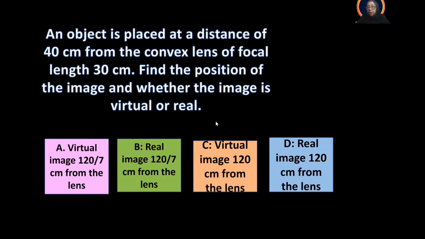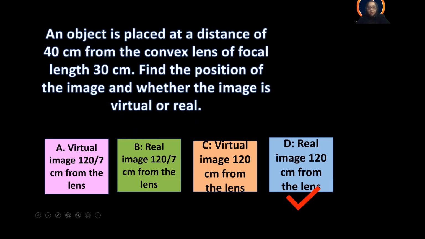What type of image is formed when the object distance is 40 centimeter and the focal length is 30 centimeter? So focal length is 30, object distance is 40. So 2F1 you can guess 60. So now I have given already the answer, almost. I'm sure you are able to answer it correctly. Write down the answer in the chat. Come on, try and write down the answer in the chat. What type of image is formed?